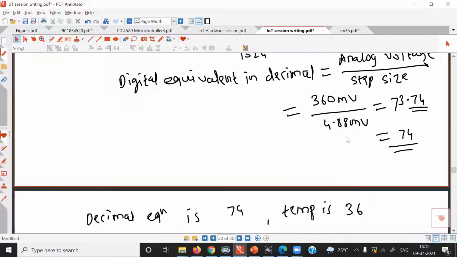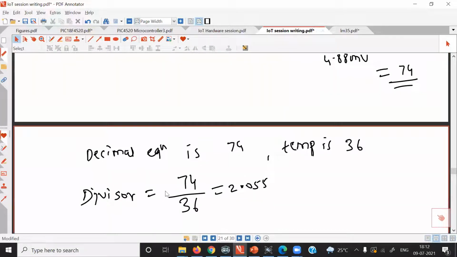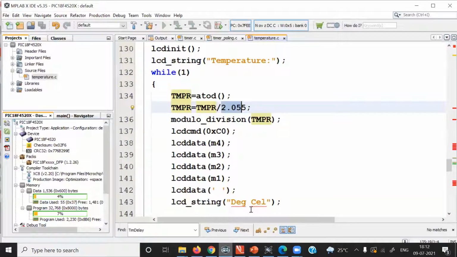After rounding up, it will become 74. So this decimal equivalent is 74 when the temperature is 36. So the divisor is 74 upon 36, which is equal to 2.055. Now in the program, what you need to do is just divide this ADC result by 2.055. So it will get converted to the temperature value.